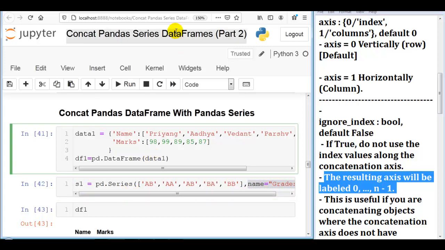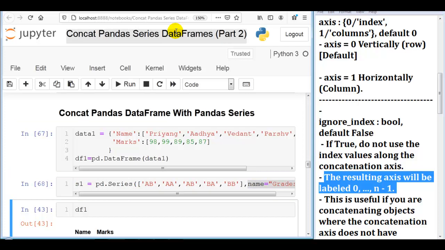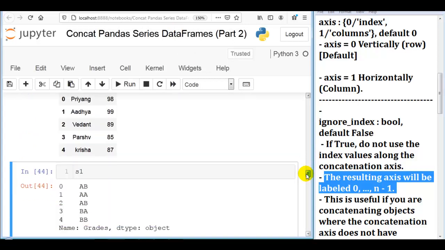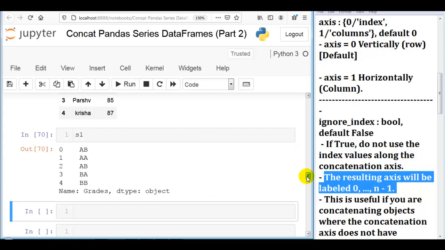So now let me execute this cell. As you can see over here, our pandas data frame and our pandas series. So now let me concatenate this pandas data frame with the pandas series.